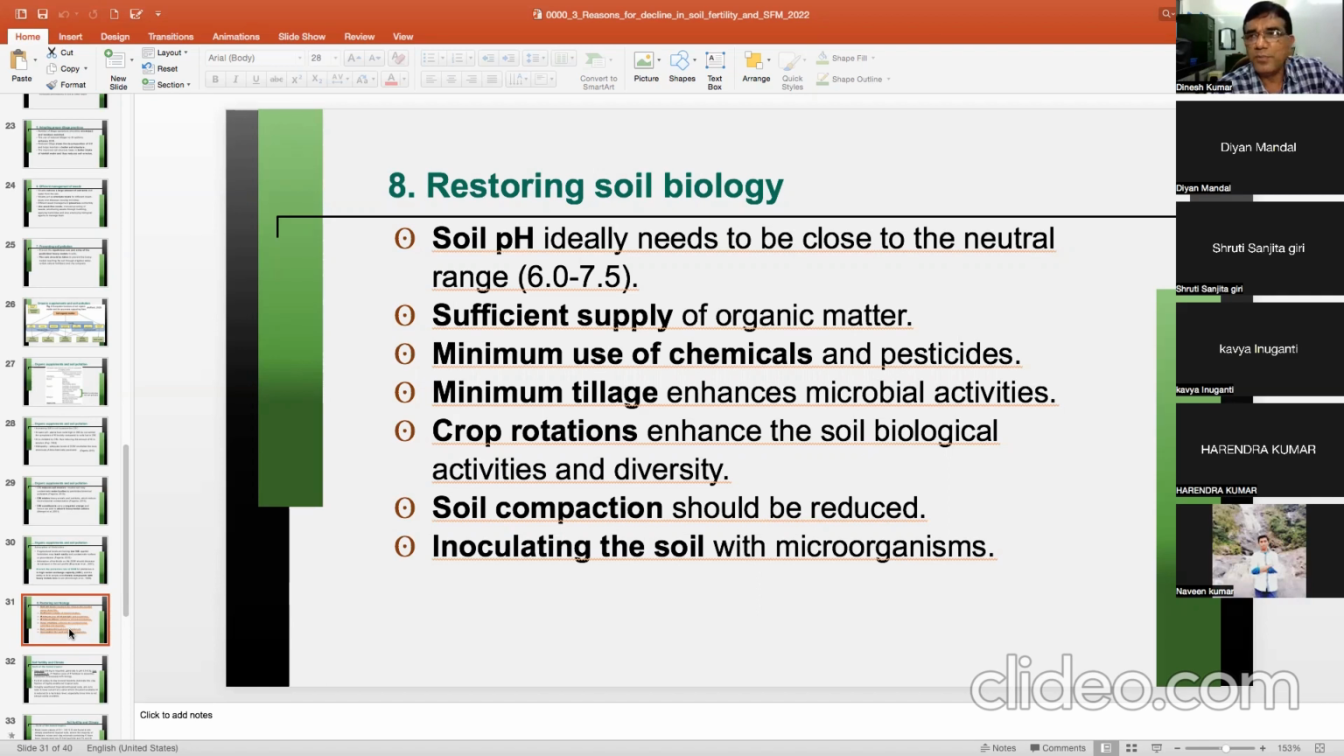And then you need to improve the soil biology. Soil biology here means biological properties of the soil, meaning you need to increase the number of organisms. And what can be done? Soil pH ideally needs to be close to the neutral range. In the neutral range you will get maximum, because it is thought that if your soil is acidic, you will have more growth of